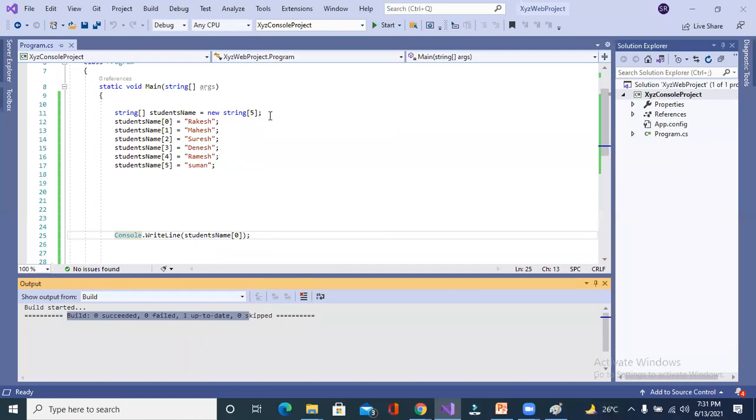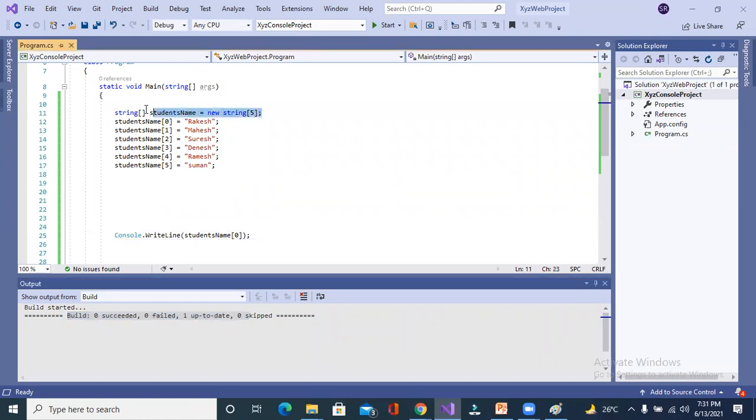Such type of error is known as runtime error. So I have defined the size 5. It means we can only store 5 records: 1, 2, 3, 4, 5. I will have to remove the 6th one, right? Are all getting my point, compile time error and the runtime error?